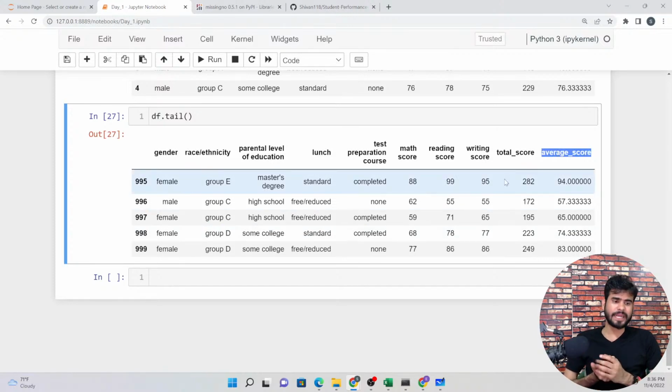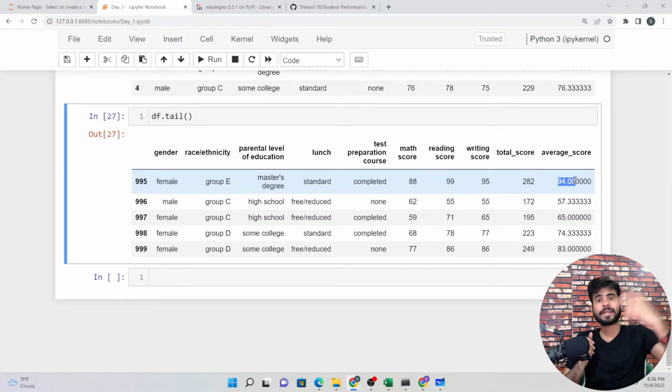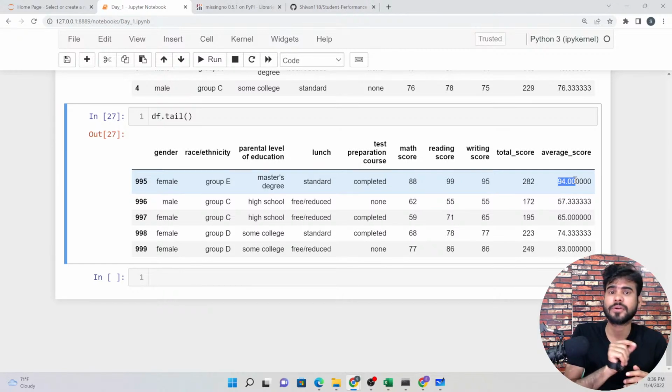Now next, as you can see, the students have average scores. So again we can create one column based on this percentage, where we can set some criteria. Okay, if a student has above 95 marks, they will get outstanding. If they have 80 plus marks, they will get like A plus, B or C, like this. So now let's try to create one more column.